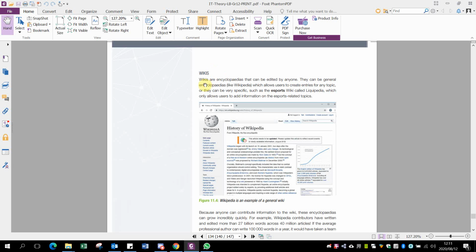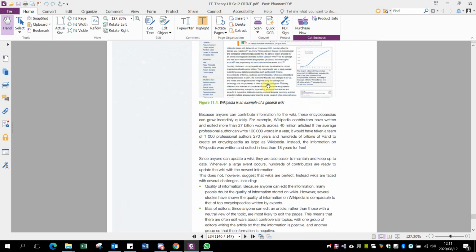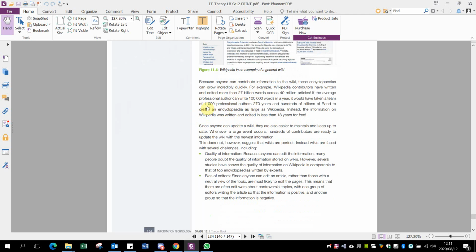Okay, other things we've got is our wikis. Wikis are encyclopedias that can be edited by anyone, and that is why they say wikis cannot be used as a reference. But once you've found good information on a wiki, you can always look at what the reference for this particular article is. A reference is at the bottom, and then you can use those references for that particular information, or you can go to those sites and see what they say. So wikis are good because there's a lot of information, but one of the problems is the bias of editors. Some of the editors could, by the way they write it, lead people in a specific direction.